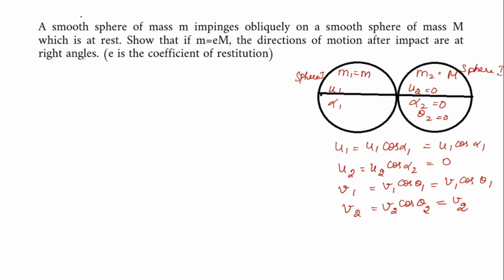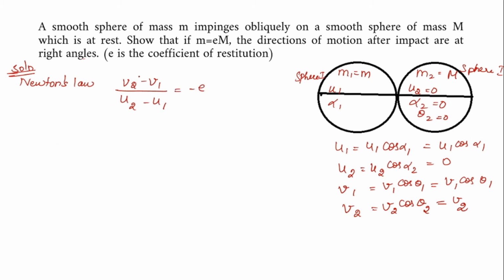So we are going to use two formulas. The first one is Newton's law, the second one is conservation of momentum. So, solution. I am going to proceed as in the lecture video, where we first substitute in Newton's law, then use conservation of momentum, and combine these two together. So Newton's law is v2 minus v1 divided by u2 minus u1 is equal to minus e.